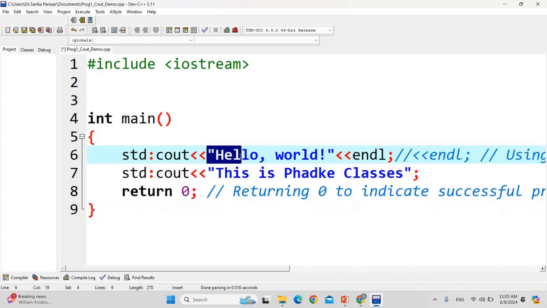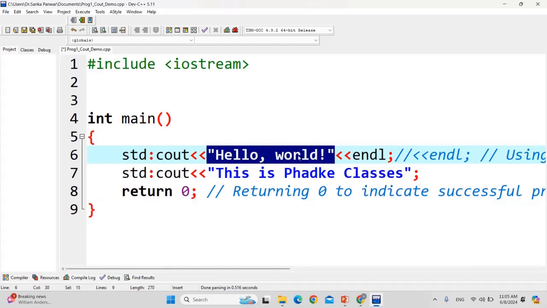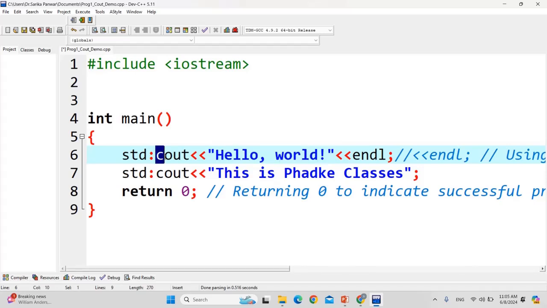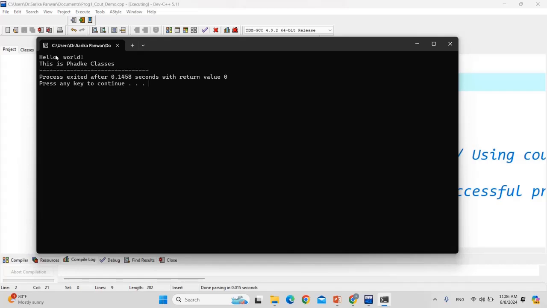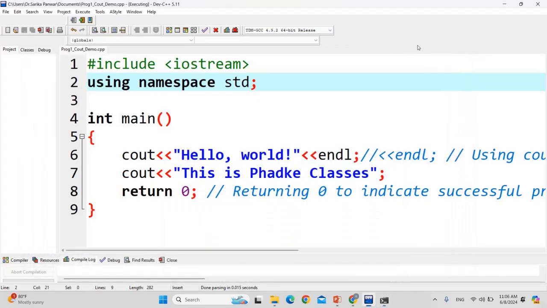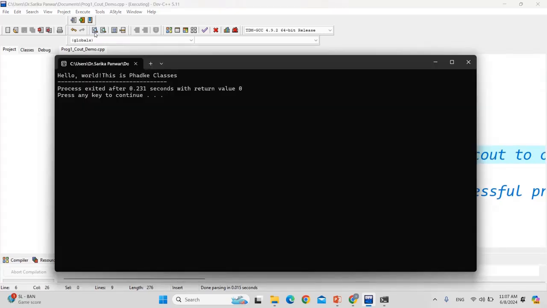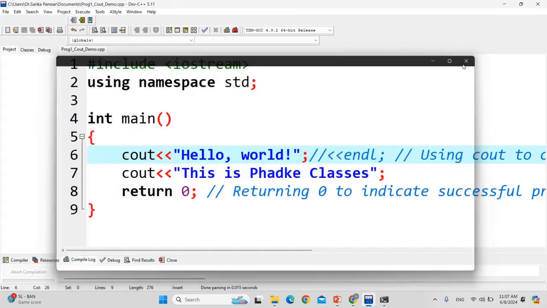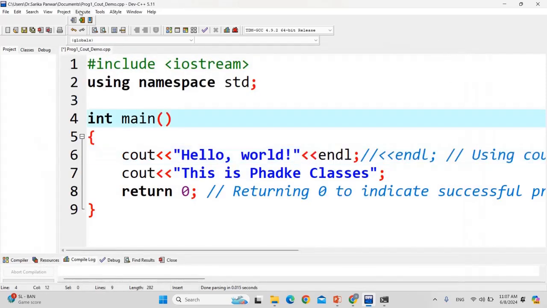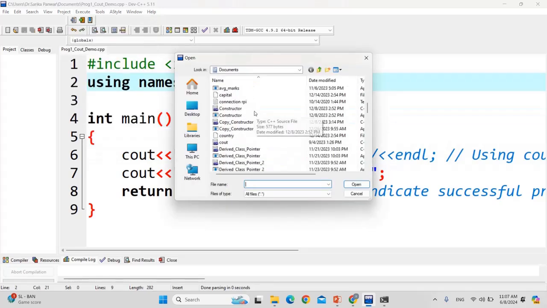Okay, what is this? Directly, hello world we have displayed. It is seen on the output console by using cout. Hello world. This is per k classes. These are the two messages we have displayed. Now here, if you remove this endl, what will happen? We have to see. What has happened? Have you seen? The second line, it did not do end line. Okay, so have you got the significance of endl? Have you got it, everybody? This is a simple demonstration of cout, how to use cout.